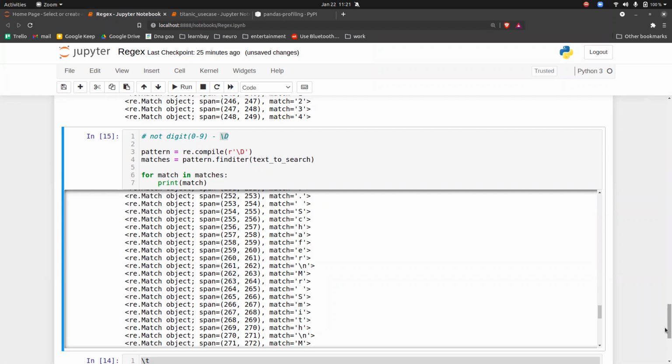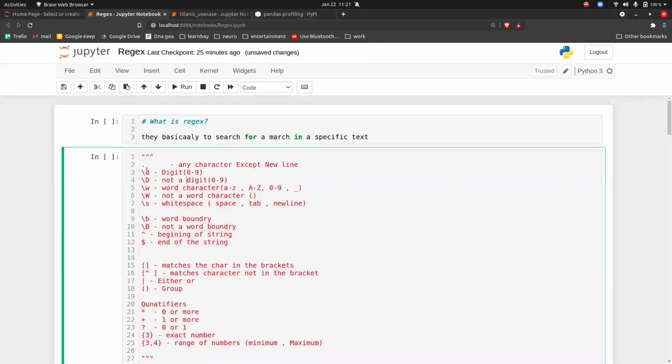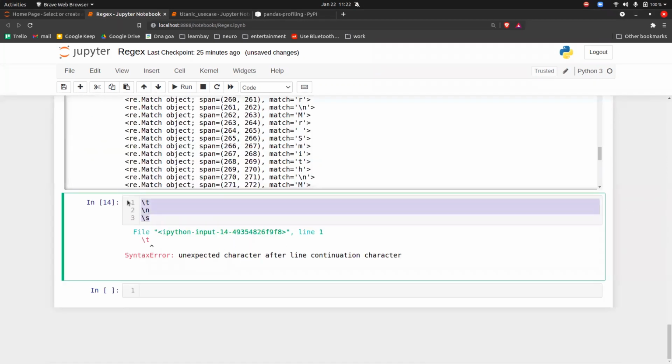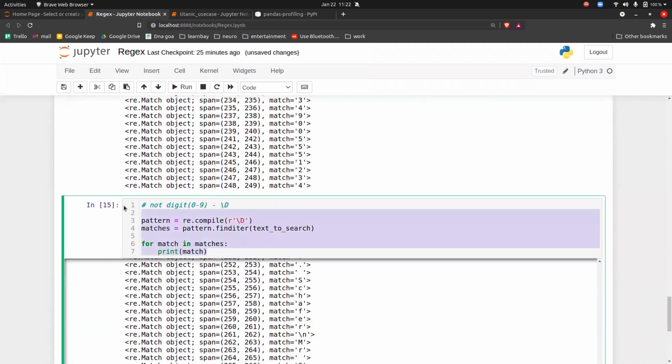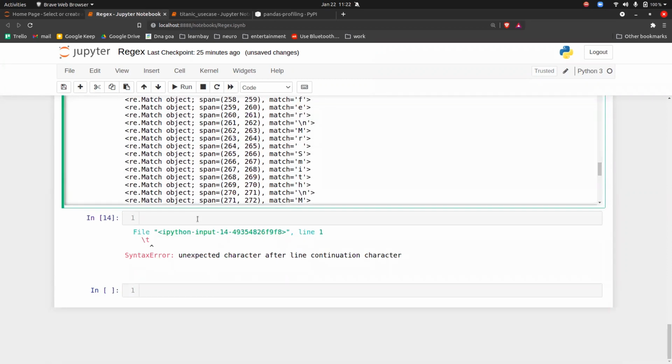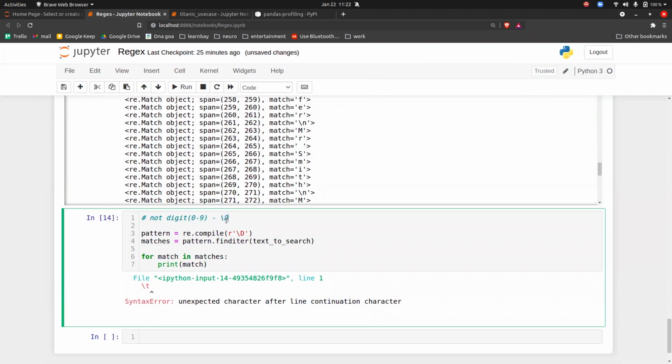Okay, great. So we have seen these things, that is slash d and capital D. Now let's try to understand slash w and capital W. If you copy this and paste here, we have something called slash w. Slash w will search for all the word characters.